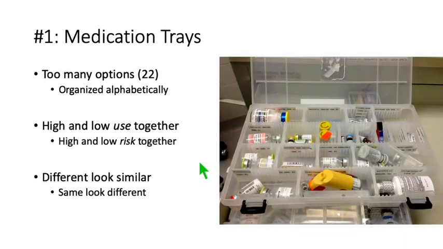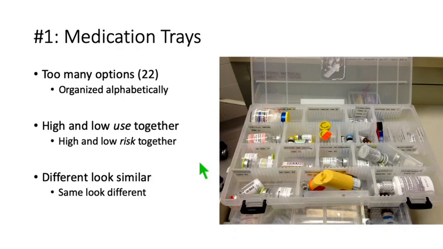So some examples, let's get concrete and get out of the abstract. This is just things from Seattle Children's. We started out a number of years ago, we had a big box full of medications. There were lots of options. The vials showed up in various colors, shapes, and sizes every day. It was very confusing. They were alphabetical because that was easy for the pharmacy to restock them, but not necessarily